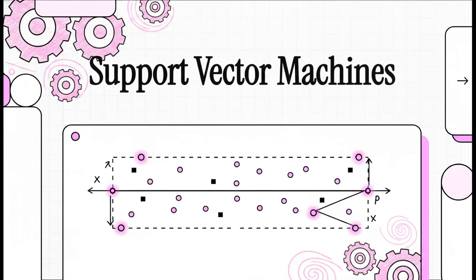Welcome to this explainer. We're jumping straight into the spatial magic behind support vector machines. This is a genuinely, incredibly powerful machine learning algorithm, one that actually dates all the way back to 1963. And you know what? It still remains one of the most elegant tools in a data scientist's toolkit today. We're going to visualize exactly how this mathematical marvel works by looking at the geometry of how it actually makes